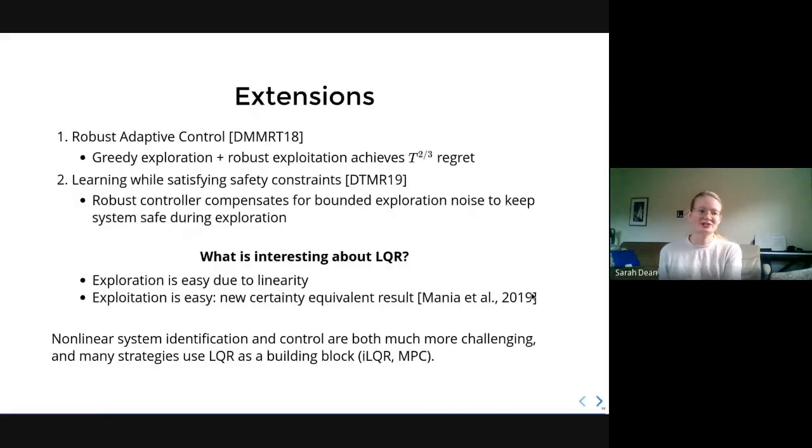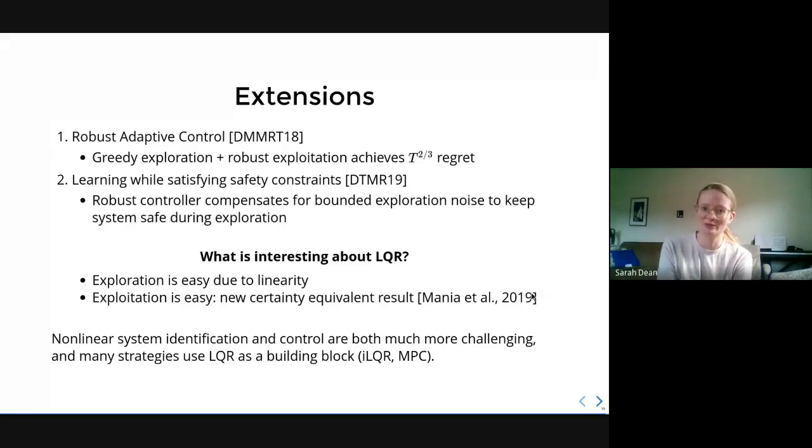Then I just want to finish by saying what is interesting about this problem. In retrospect, I think I get this from Ben, it's a pessimistic view that this is actually kind of a boring problem, right? Exploration was actually kind of easy. We just put Gaussian noise in, that was really easy. And then the exploitation actually wasn't easy, which is why I had to teach you all about system level synthesis and robust control. But a more recent result by Horia and Stephen last year actually showed what I hinted at